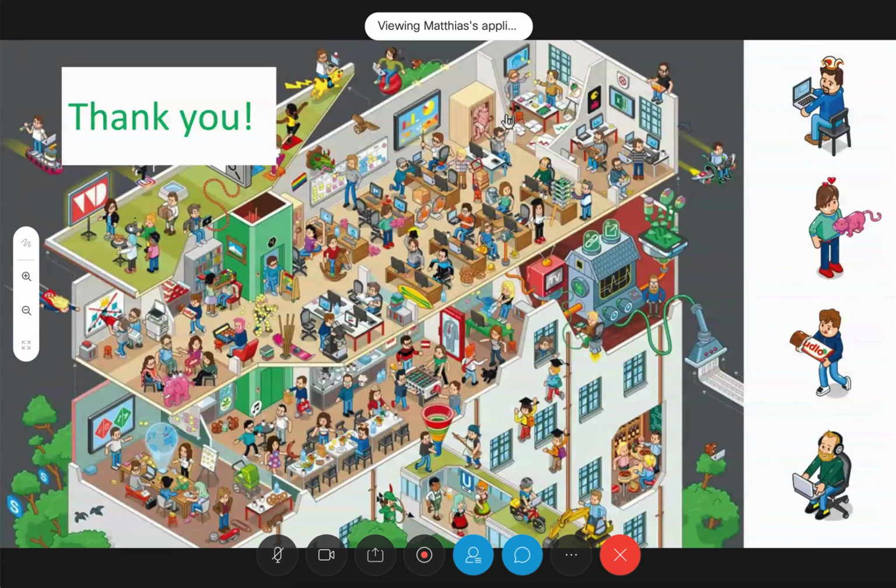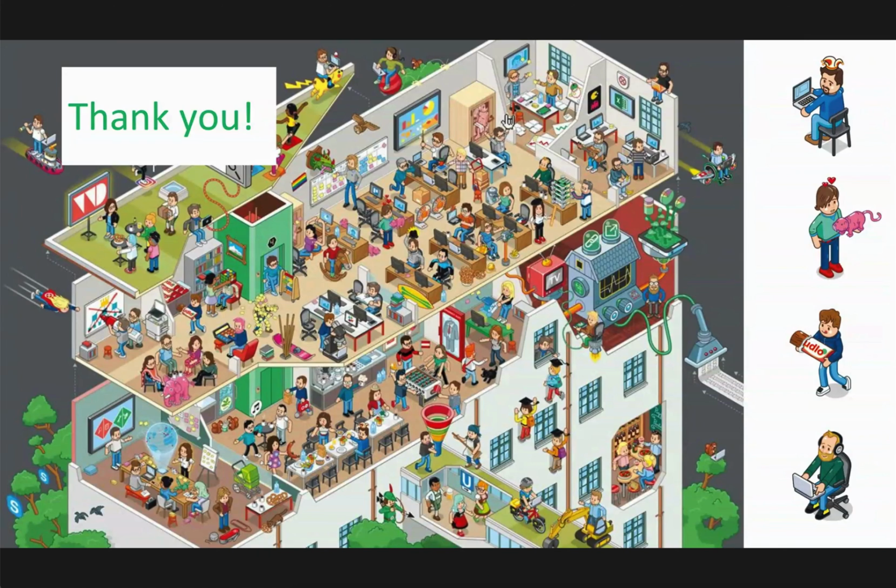But I guess to get them more enthusiastic about it, the part about gamification, working more with videos, would really boost it.